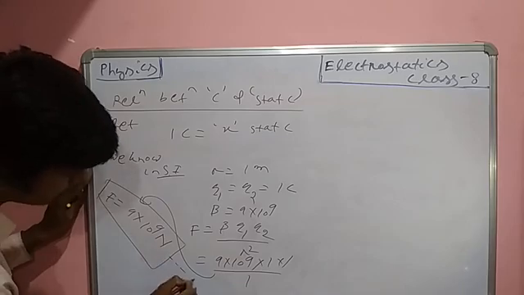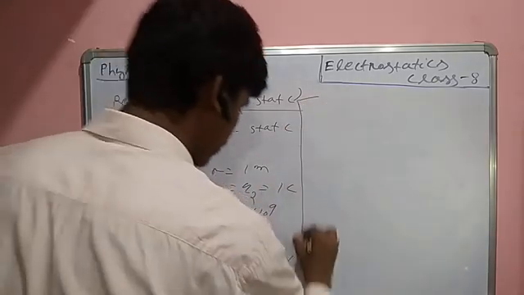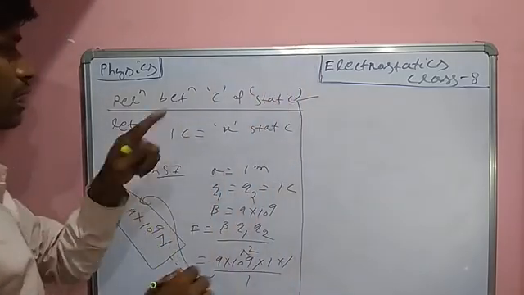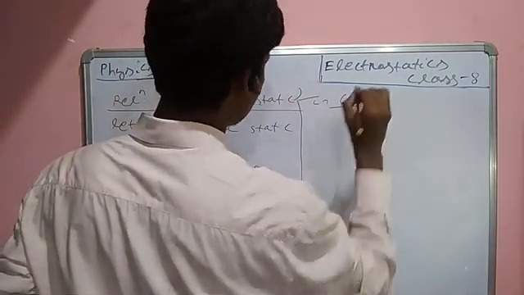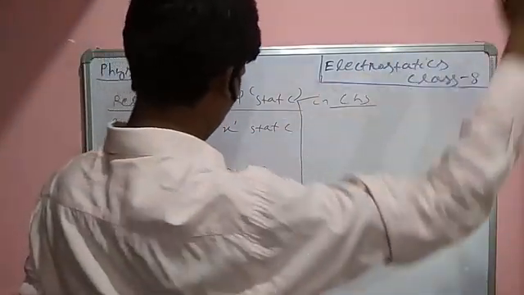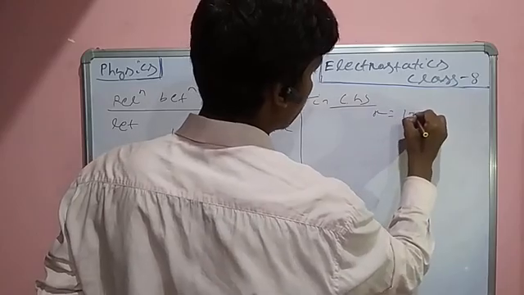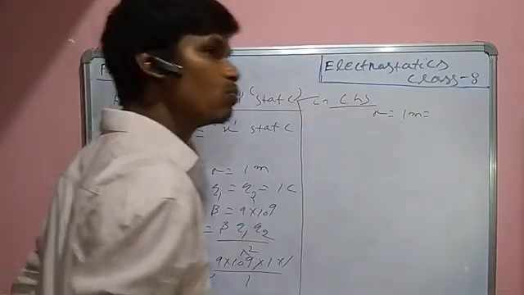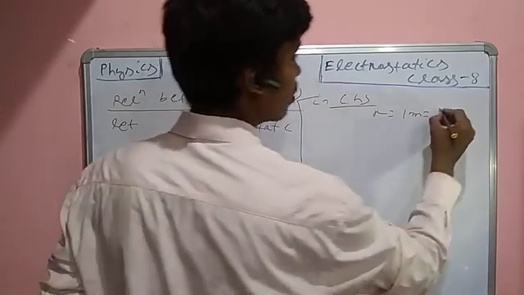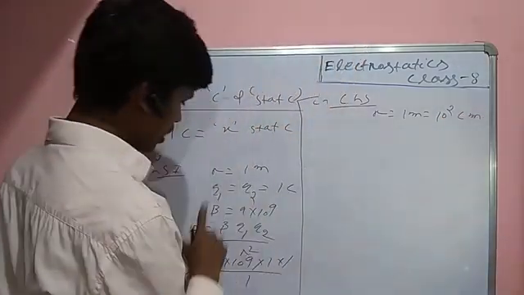This is equation 1, yes or no? This is the SI unit. In CGS, R is equal to 1 meter, converted to centimeter: 10 to the power 2 centimeter. Similarly,